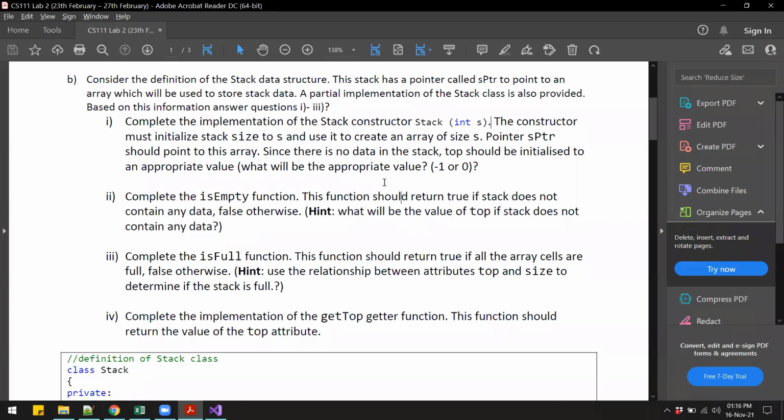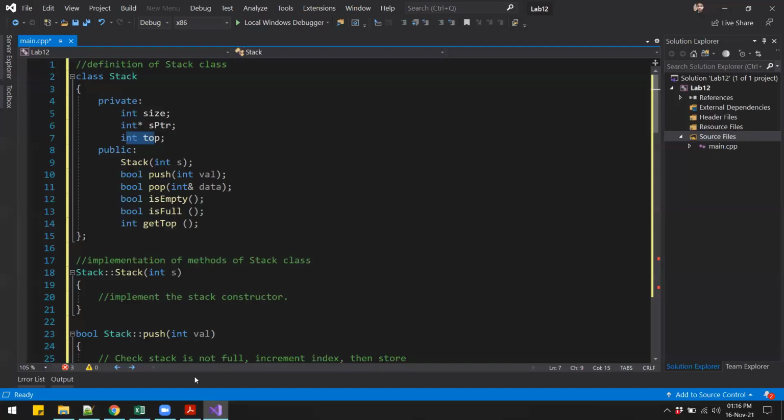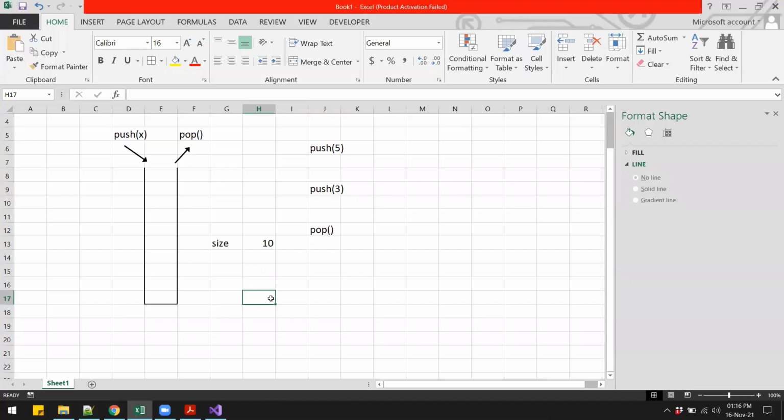So for our case, I'll assume we will only be storing the positive numbers. So in that case, I can say my top will initially be -1, right? So if there are no items in our stack, then we can make top equal to -1. But then again, this depends on you, how you want this to be.